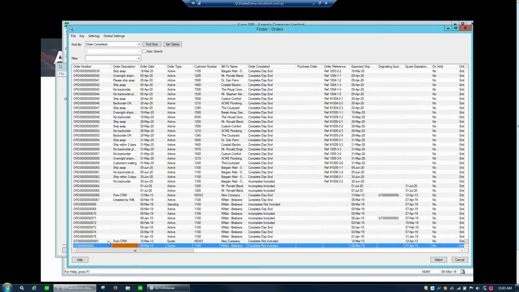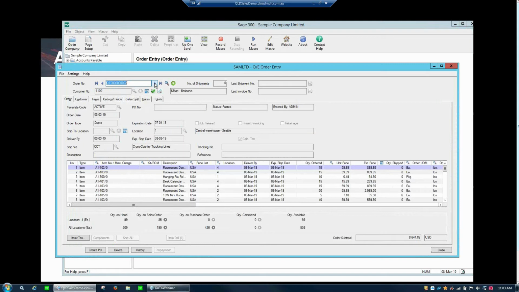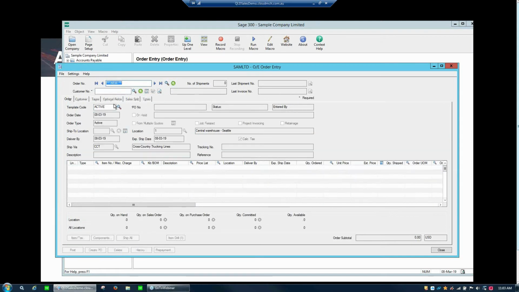So just talking about quotes, if I look in my Finder and find an existing quote, here's one we made before, that has any outstanding balances. No, I don't have one. All right, so I'll start a new one. So if I was to make a quote,